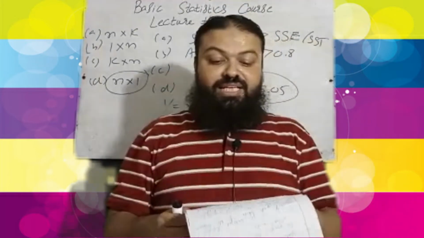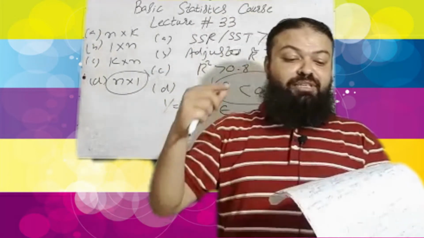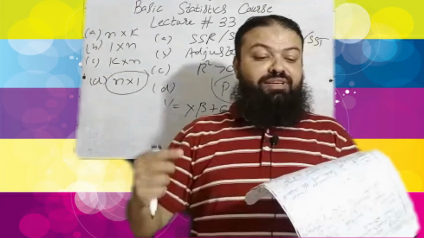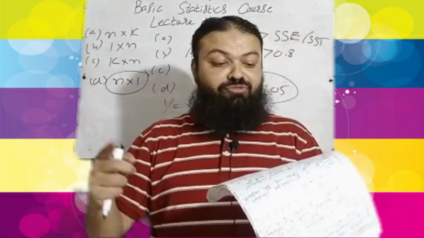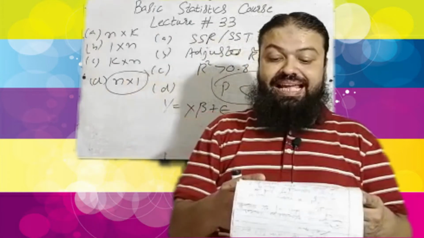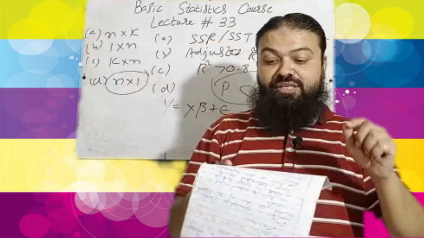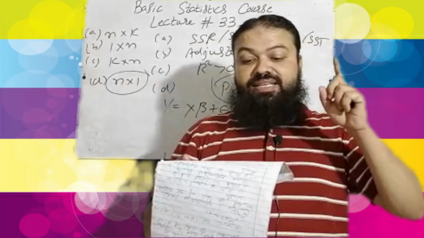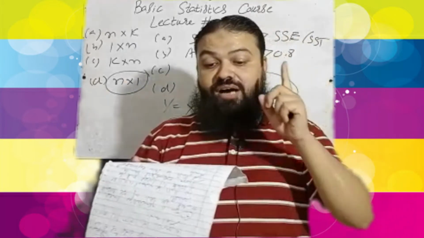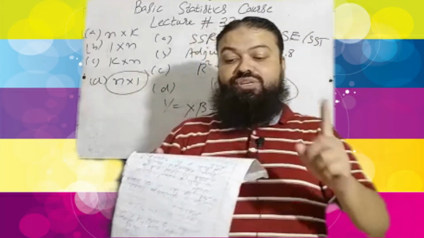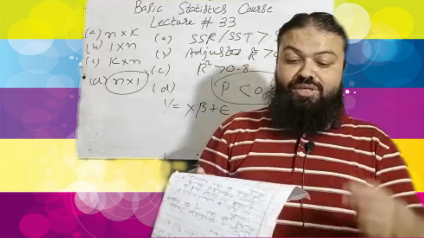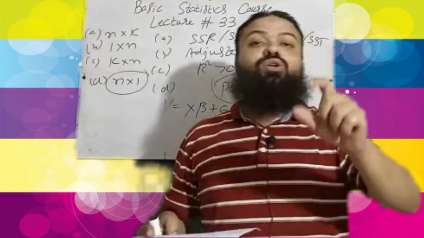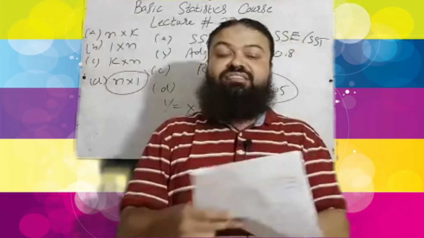Question number 10. Which of the following methods can be used to assess goodness of fit in the logistic regression framework? A. The Hosmer and Lemeshow measure of overall fit. B. Nagelkerke R square. C. Classification accuracy, which is also called hit ratio. D. All of the above. All of the above will be the correct option in the exam.